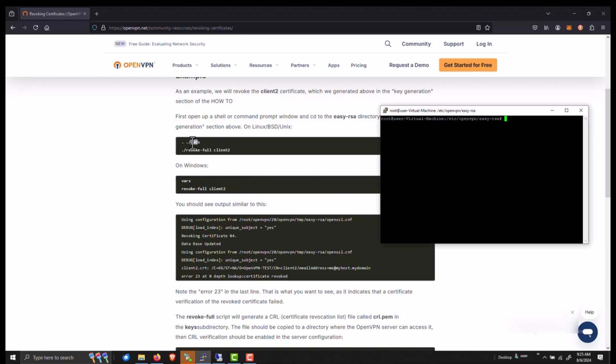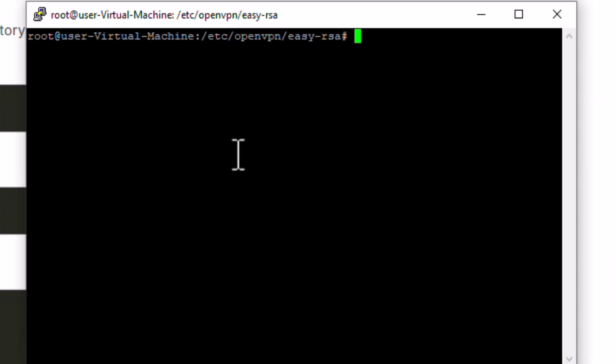Not that it would have worked, because you would have had to change permissions on it in order to run it in the first place. So it's just kind of there as a placeholder. But fortunately, ChatGPT saved the day, and I found the directions there. And all you've got to do is run easy-rsa and then